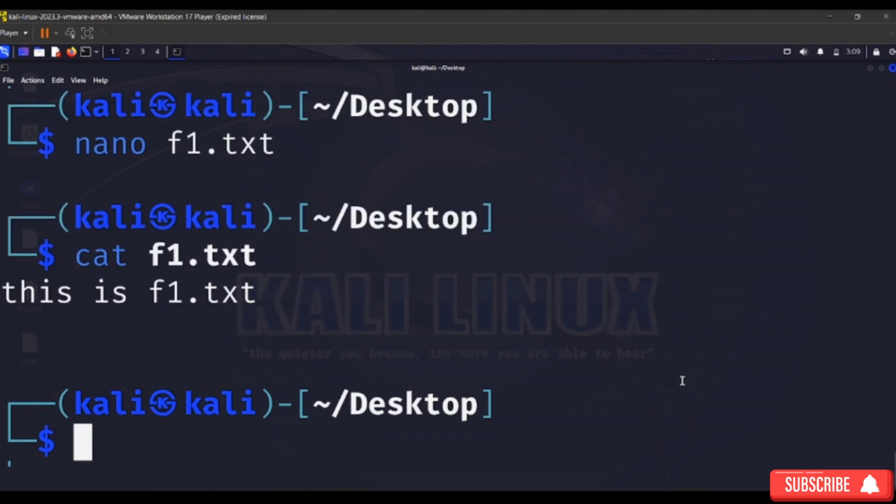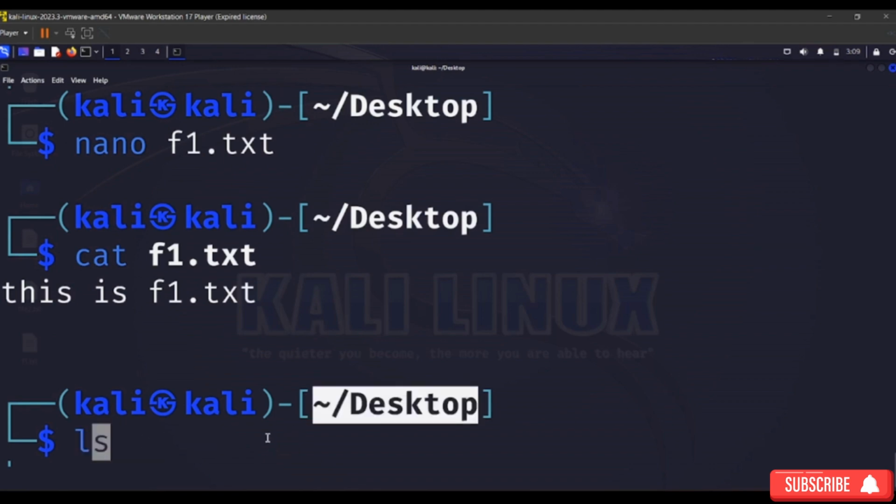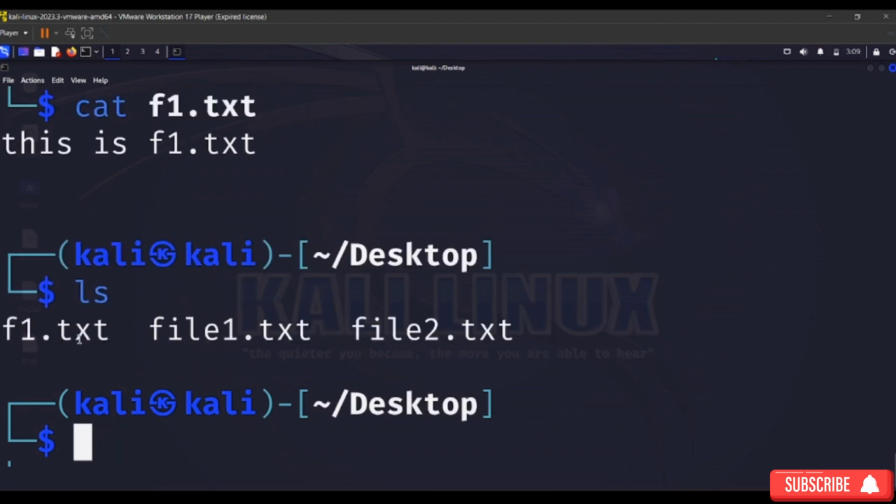The next command is the move command, mv command. If I list my files and folders inside this Desktop directory, I can use the ls command. If I want to move the content of f1.txt to file2.txt, I can use the mv command. The mv command works like cut and paste. When you cut a file and paste it in some other destination or another path, it works the same. We'll write mv and f1.txt, then